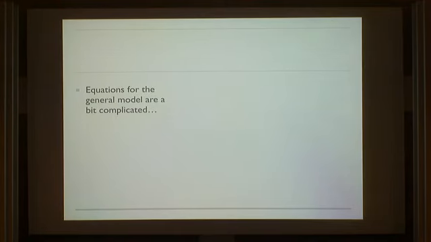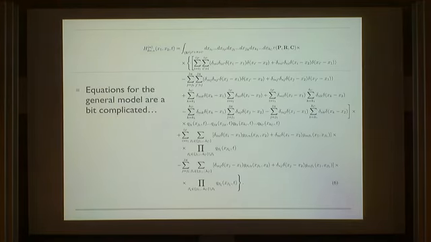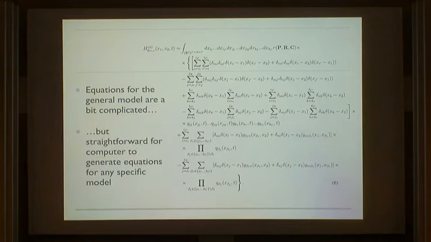So the equations for the general model can look a little bit complicated. I've just written one down, or rather, I've copied it from a paper. I didn't have to tackle it myself. But this is fairly complex. This is for the equation of motion for the 2-point correlation function. So that by itself is rather unwieldy. But the point is that everything here is just combinatorics. So what this means is that we can give it to a computer algebra system. We can program once